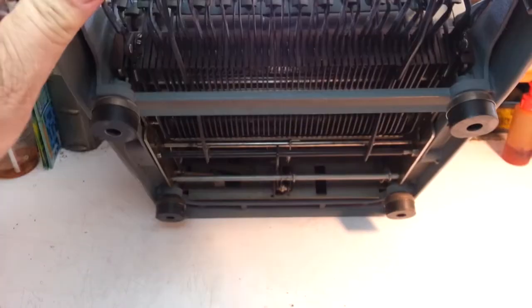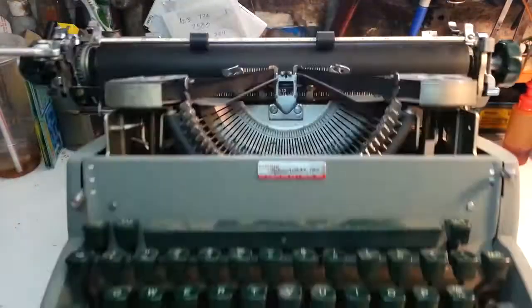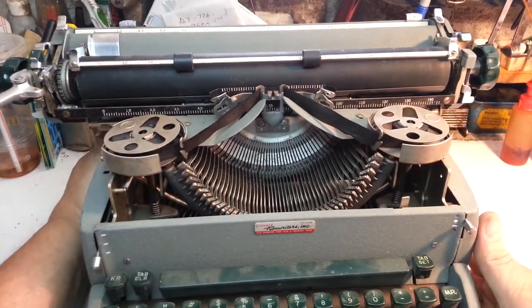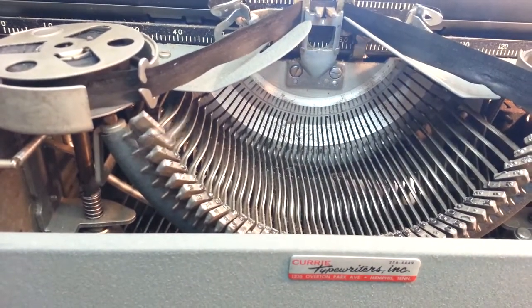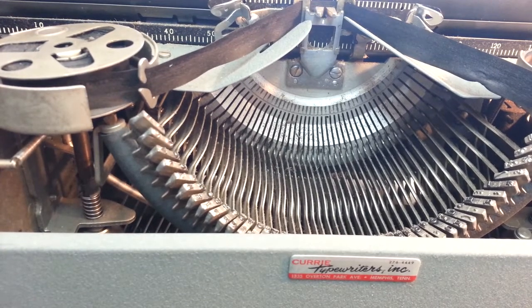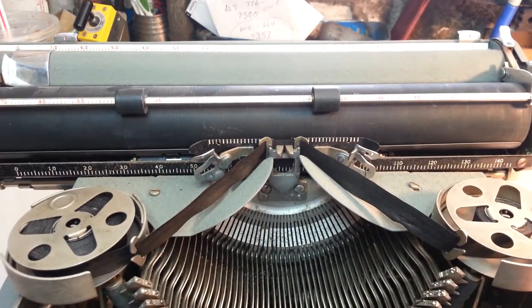It's just not the prettiest typewriter in the world. It is my stock machine. Was purchased with the 5 other typewriters, and it's just a little dirty. The segment's a little dirty down there, and a couple of the keys are sticking. I'm going to flush the segment. It should solve that. But the main problem, almost a deal breaker, I thought, was there was no tension on